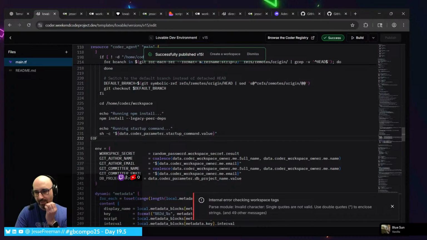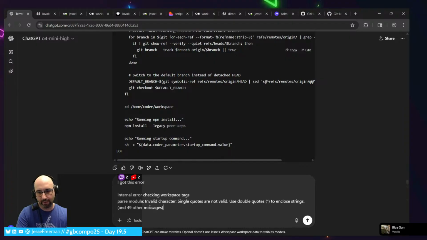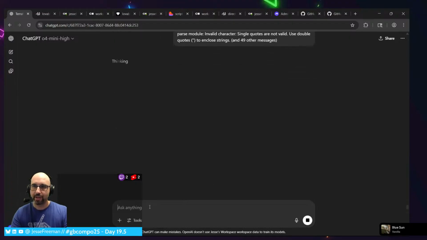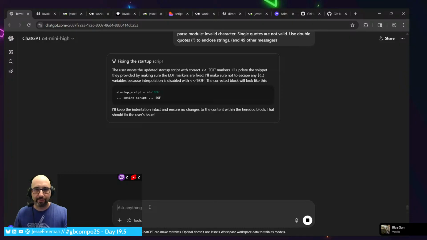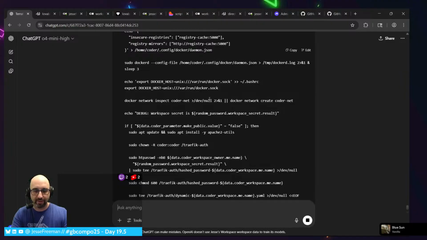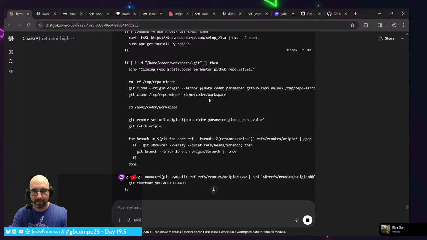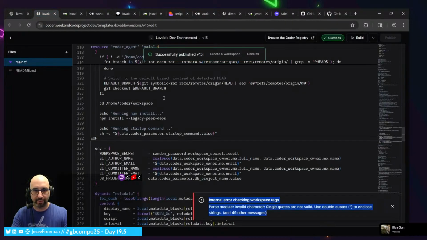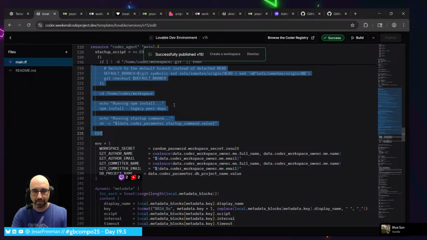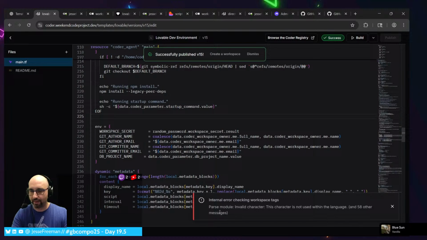So let's build this out. Invalid single... cool. I got this error. So now I'm back to this one, which I had before: a single quote is not valid in a certain place, and I'll keep the indentions. Okay, maybe it's because I didn't do the indentions correctly. Who knows? It's just so many points of failure. All right, I'm not going to mess with the indentions. We're just going to try to do a build.